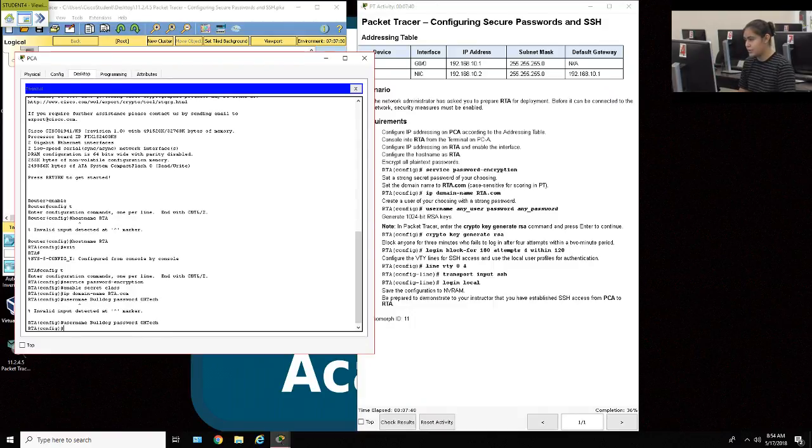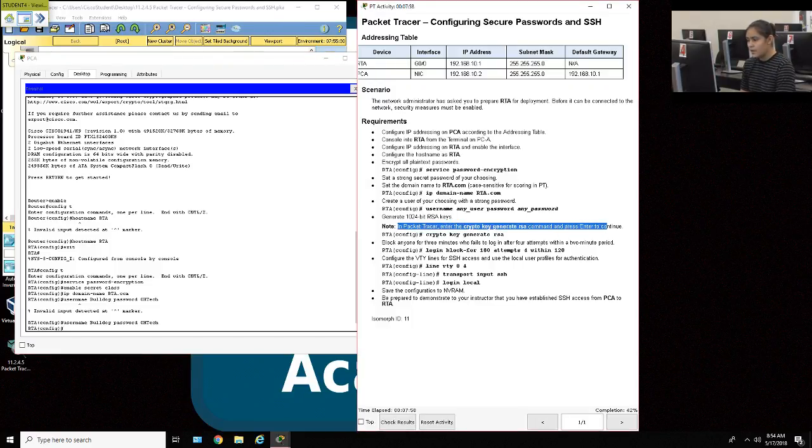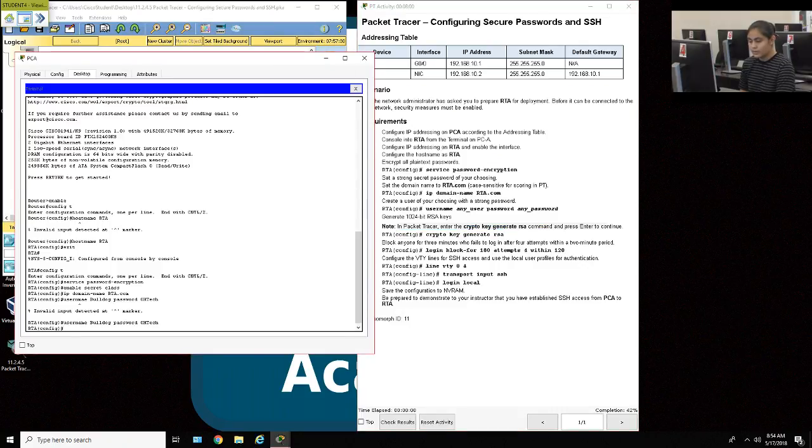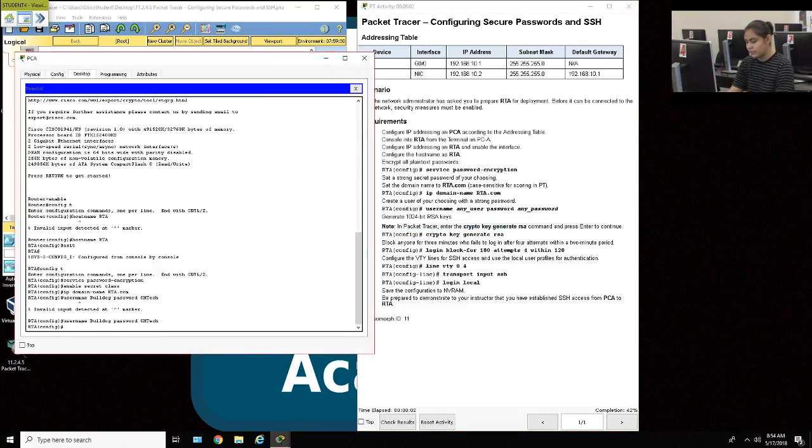And that's your username to get into your SSH as well. And so it says generate a 1024-bit RSA key, and to do that you're going to use the crypto key generate RSA right here. So for that you're going to remain in this privilege, and you're going to go crypto